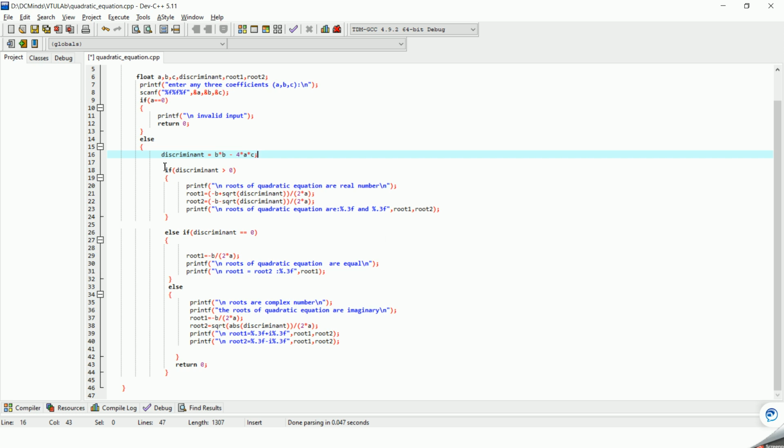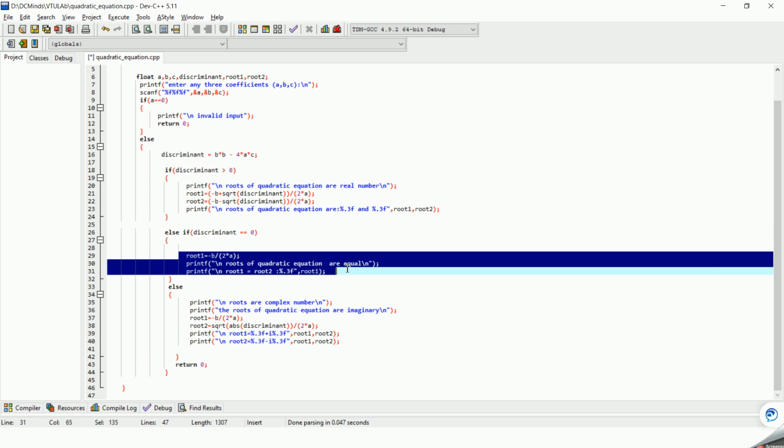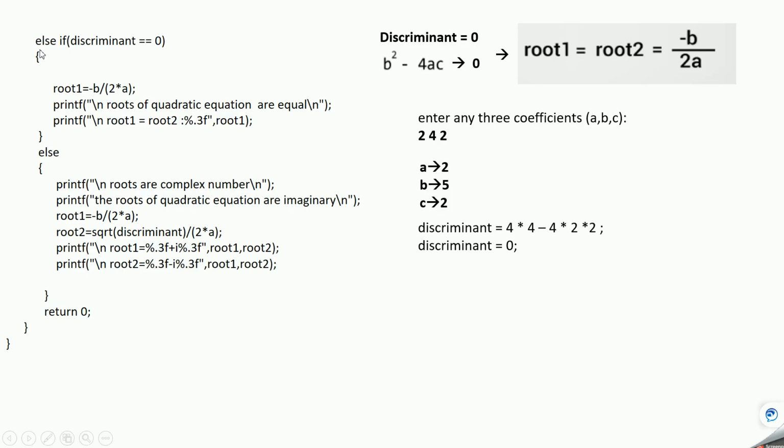If you see the entire program, now the value of this variable is 0. So it will check this condition, 0 is greater than 0, this is false. Now it will come here and check whether discriminant is equal to 0. Yes, it is true, so now it will come inside this. Since the discriminant is 0, it will calculate the root. Root 1, we have taken just 1 because we have to calculate only once since both are the same. So it will calculate the value.